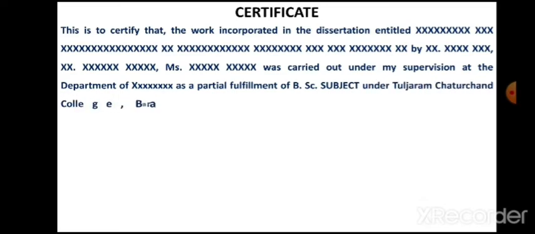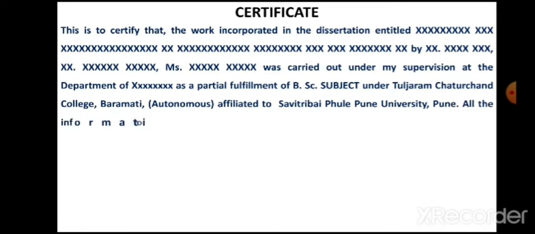Followed by that, the next page will be of the certificate. This is the standard format for the certificate. This is to certify that the work incorporated in the dissertation, the title of that, was carried out under my supervision. So this is the certificate which is to be signed by your research guide.